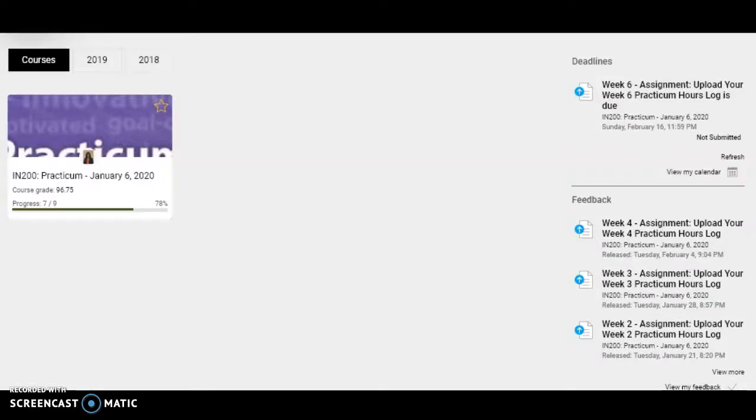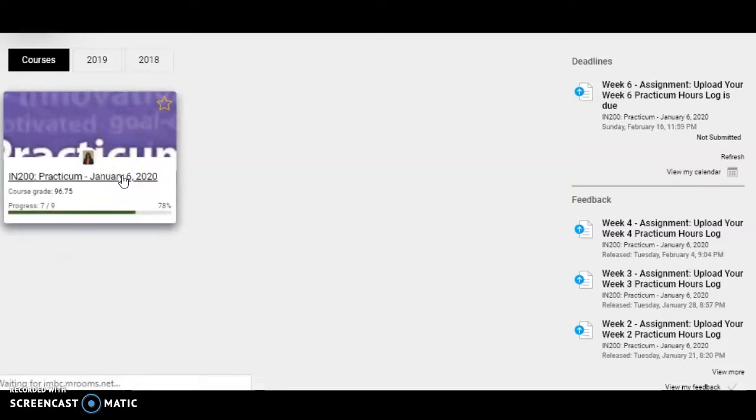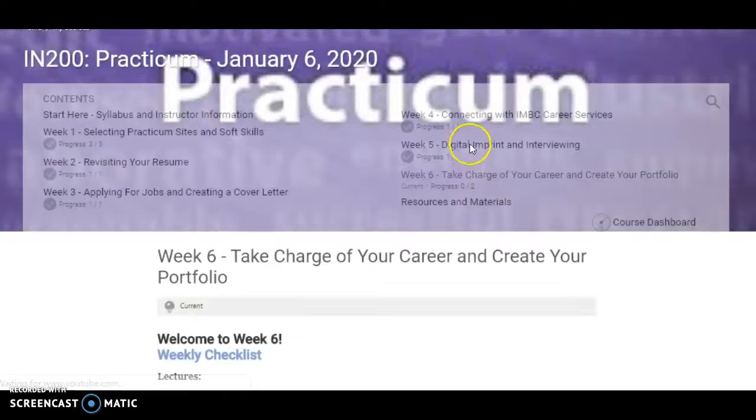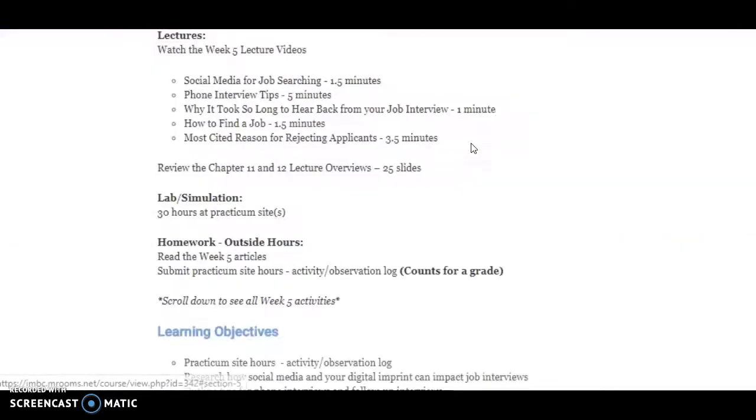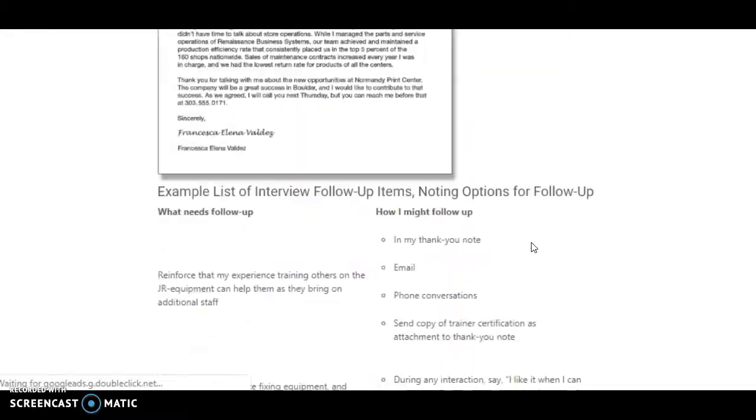This short video will show you how to upload an assignment into your course, or a photo if you have a picture. You click on your course and it opens. You go to the week where you want to submit an assignment. In this case, it happens to be week 5. You scroll to the bottom